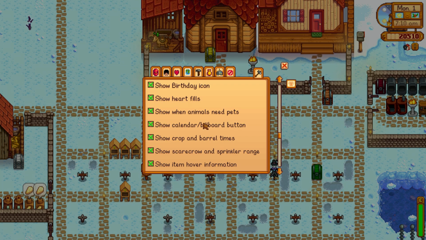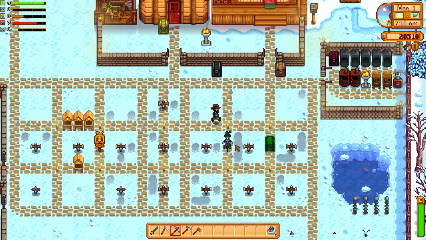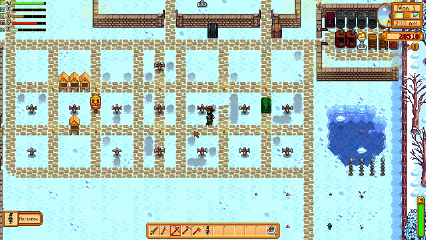To show exactly when things are ready. Scarecrow and sprinkler range, that's very handy also. Maybe not so much for the sprinklers because they're quite straightforward, but certainly for the scarecrow. So if we want to put a scarecrow down,